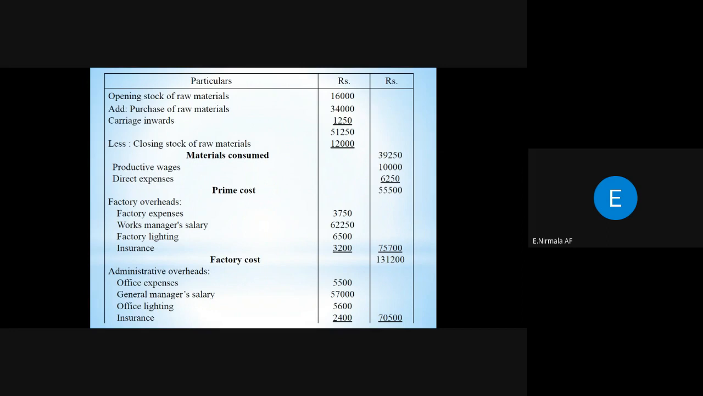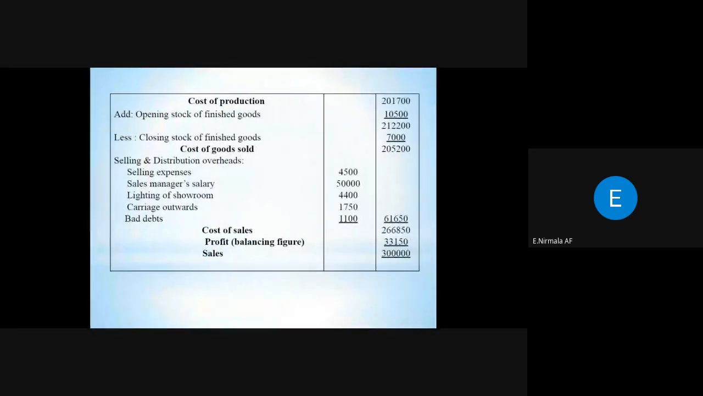After prime cost, what we have to do? We have to add 3 overheads. The first overhead is factory overhead. That is, we should enter all the factory expenses. Then work manager salary, factory lighting, insurance. Then we will get factory cost. After that, we have to add administrative overhead or office overhead. That is office expenses, general manager salary, office lighting, insurance. Then we will get cost of production. Then after cost of production, what we have to do? We have to add opening stock of finished goods, and then we have to deduct closing stock of finished goods. Then we will get cost of goods sold,